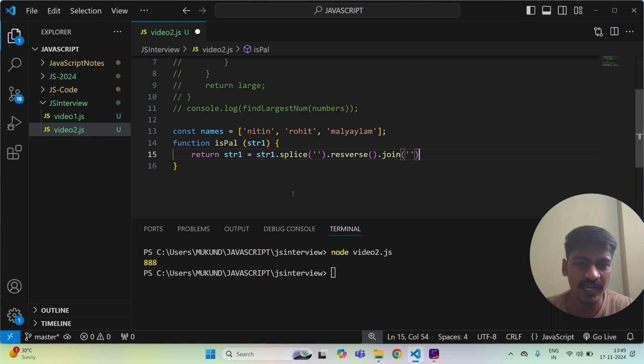So basically, with that we are just checking that after reversing it's triple equals to, not a single equals to, because with triple equals to we are checking the type as well as the value.